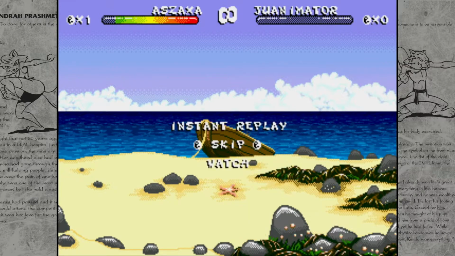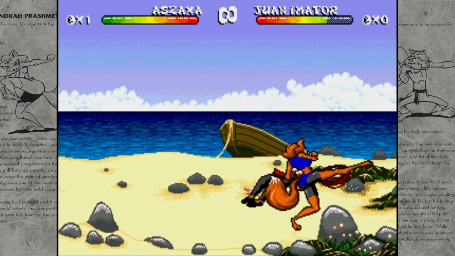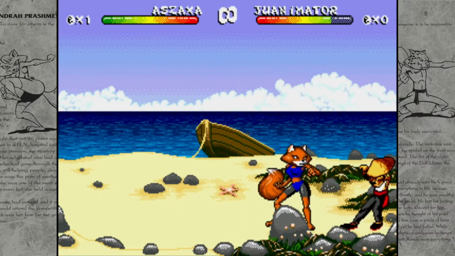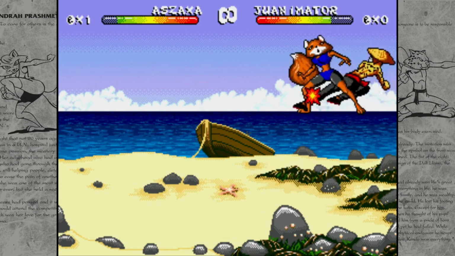if you were blocking when a heavy attack hits you, it actually does considerably less damage than if you weren't blocking. So if you were blocking the attack, you'd take a tiny bit, but if you weren't blocking, you'd take a lot of